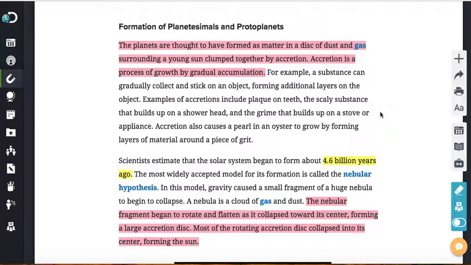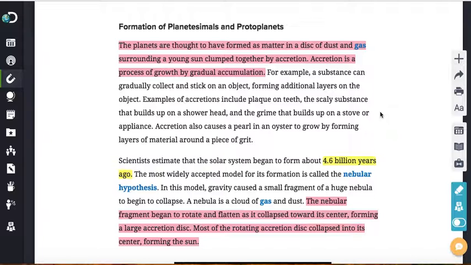Accretion is like when a space or an object accumulates a bunch of matter or debris over time. Unless you do something, it just gets grosser and grosser and more built up with stuff.